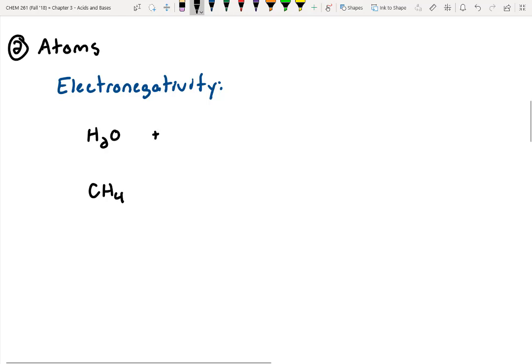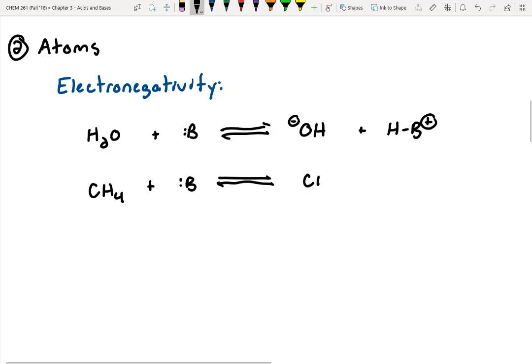So if we treat this with some sort of imaginary base, we know water can be deprotonated, just like we saw above, to form the hydroxide anion and a conjugate acid. Okay, versus the bottom one, we could treat this with the base. We saw that yesterday. It's not very likely. We said the probability of this reaction occurring in the forward direction is like finding one atom that's hidden on planet Earth. You might as well give up. So you got CH3 minus